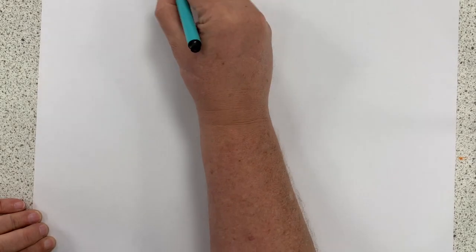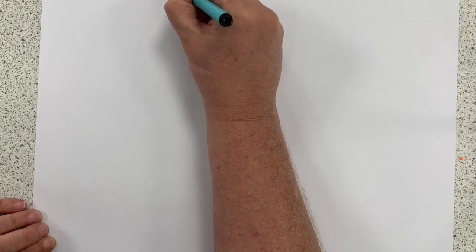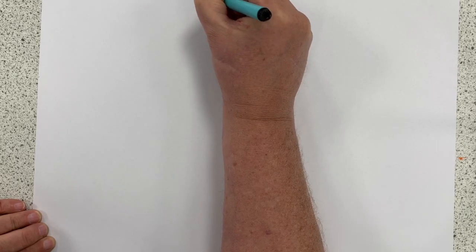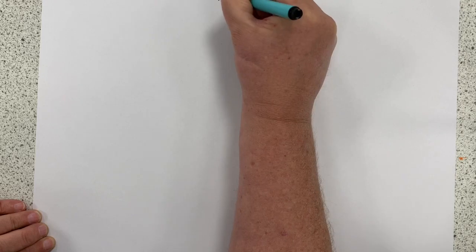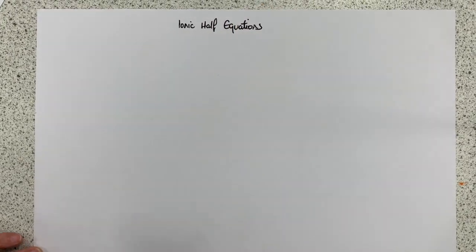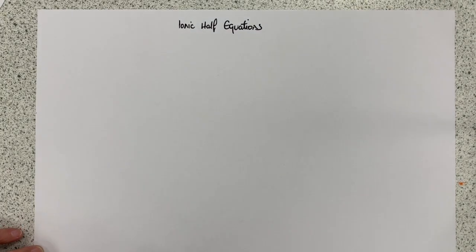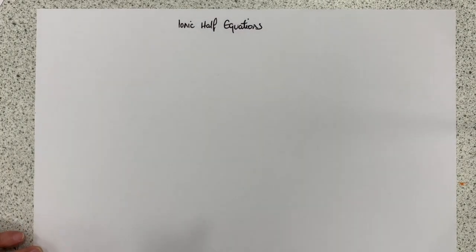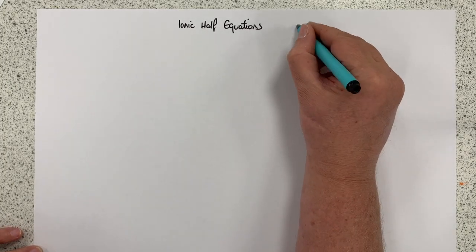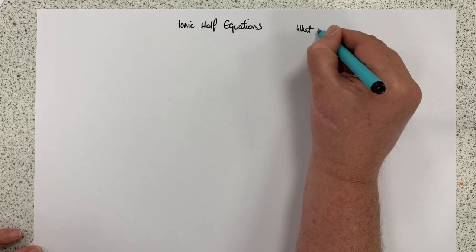My job is to try and show you an easy way of producing ionic half equations. Now, this is one of the most challenging parts of the higher tier chemistry that we're asking you to do, but it's really nothing to be scared of, although it looks awful. Okay, you're going to be confronted with a question that says something like, what is the half equation